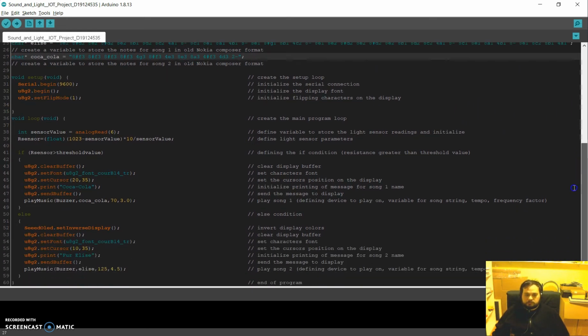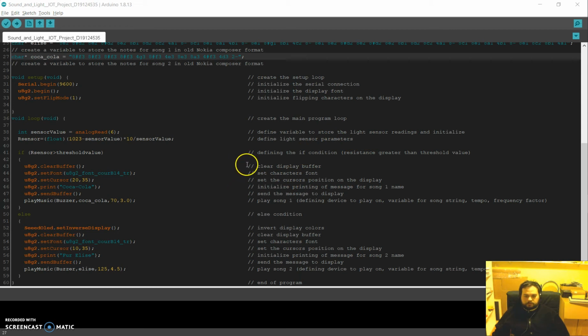In the main body of the program, the void loop, I defined the variable that stores the data coming from the light sensor, and defined the light sensor parameters. Then, using an if-else statement,